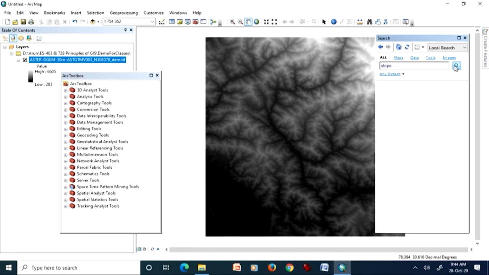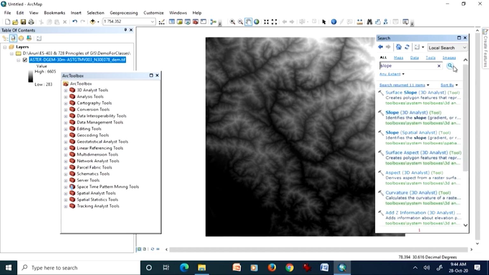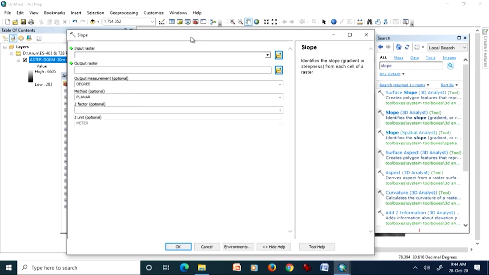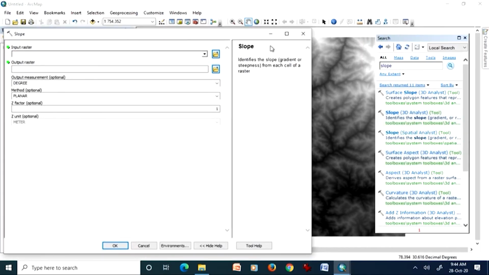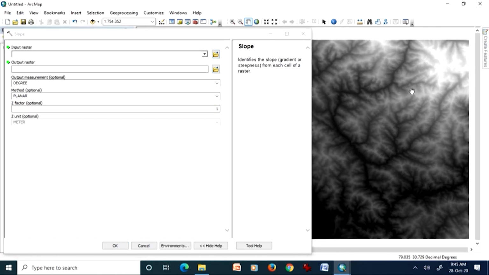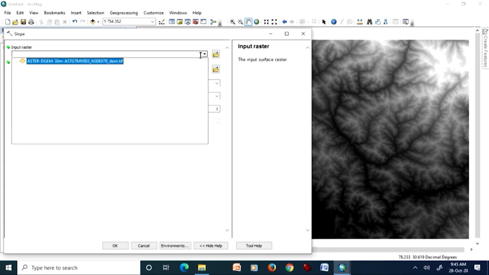So if I just type slope, I get the slope tool at different places. I will use the slope tool which is a part of the Spatial Analyst extension. This tool I find most appropriate, and the same way I can also do it from the toolbar, but that is a different story. And now what I will do, we will add